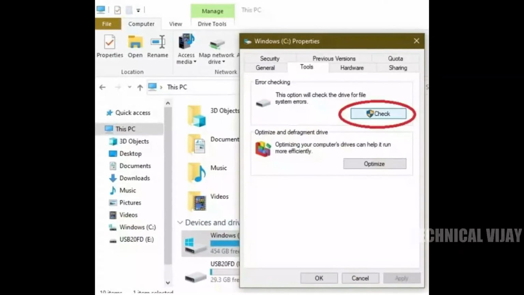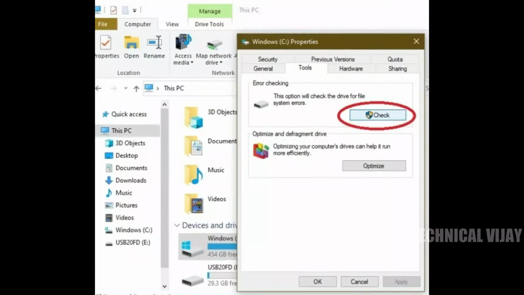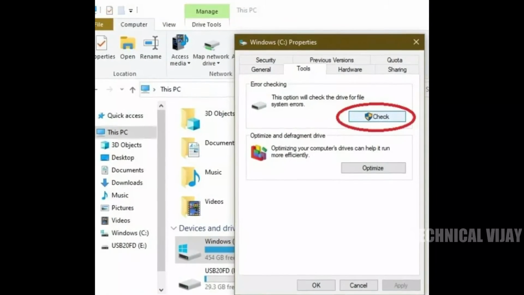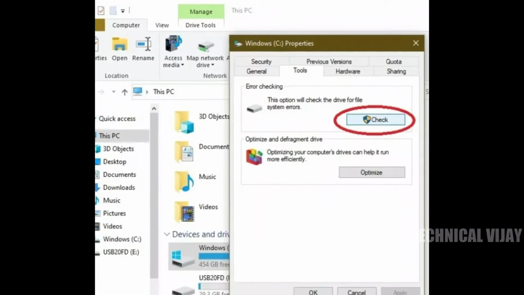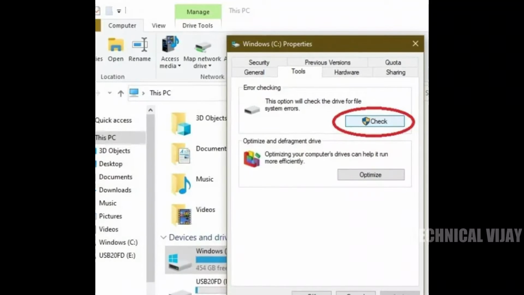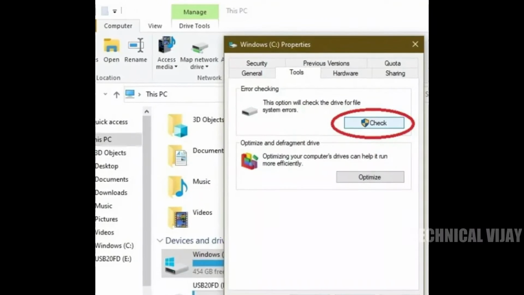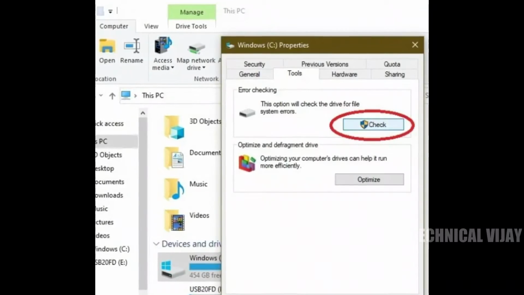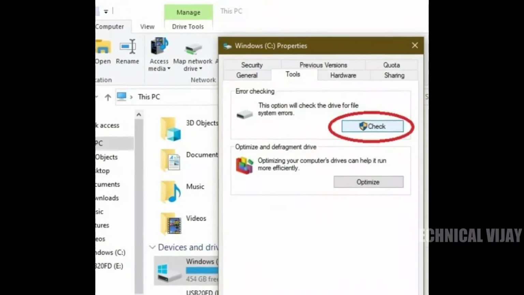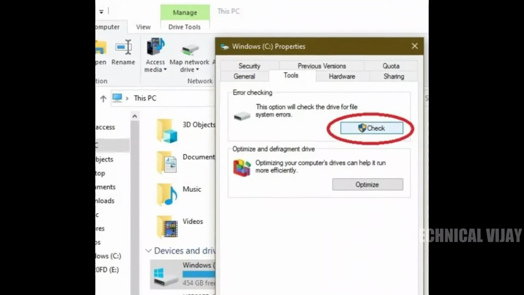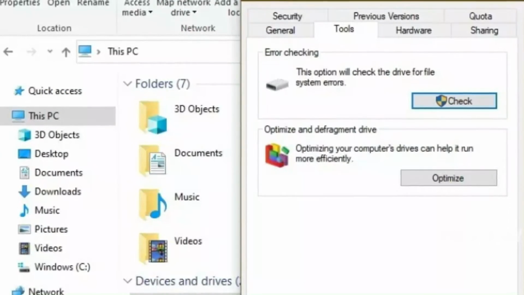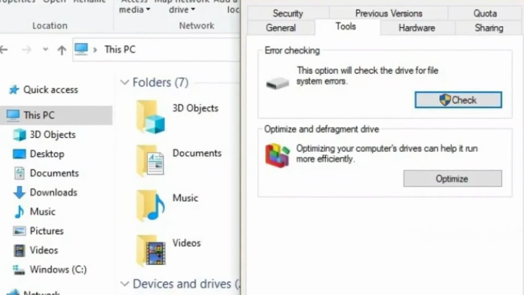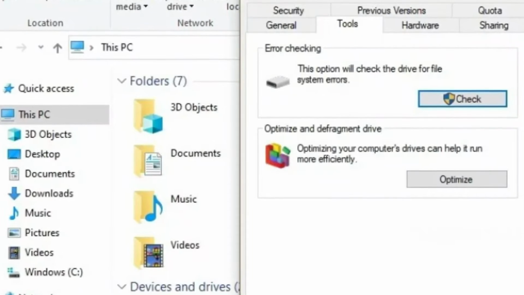Fourth one, Windows Check Disk Tool. The Windows Check Disk Tool is a built-in Windows tool that will scan your hard disk to find system errors and bad sectors. It also helps to check the hard disk health by showing you any errors. It will both scan and fix problems if possible, and it will let you know if there is a bigger problem that it cannot fix. You can use this tool to both check the disk health and fix bad sectors and errors if possible.